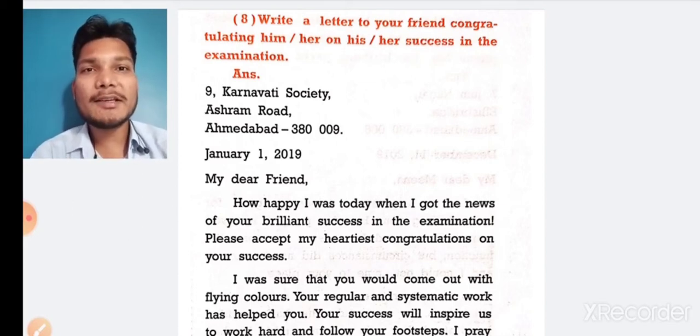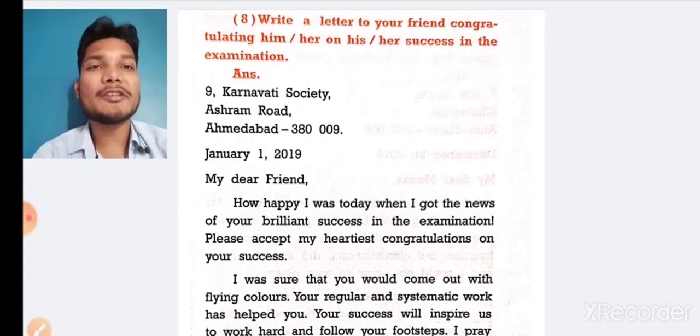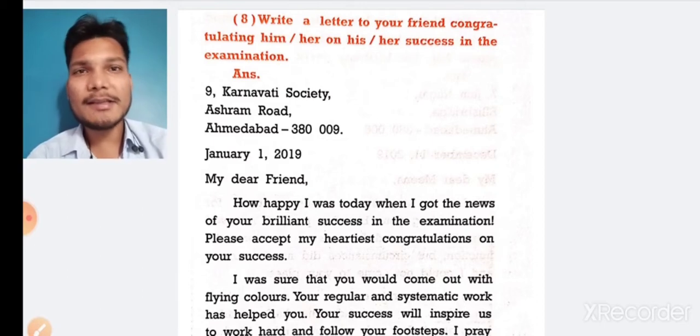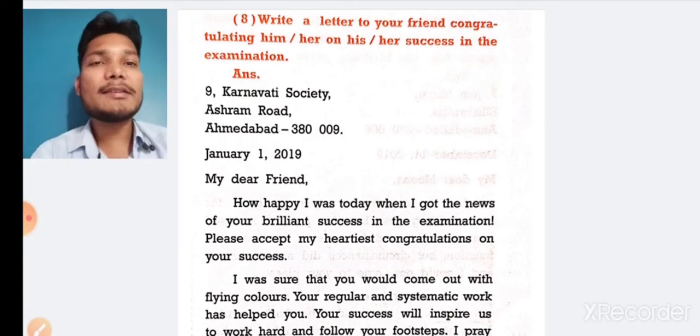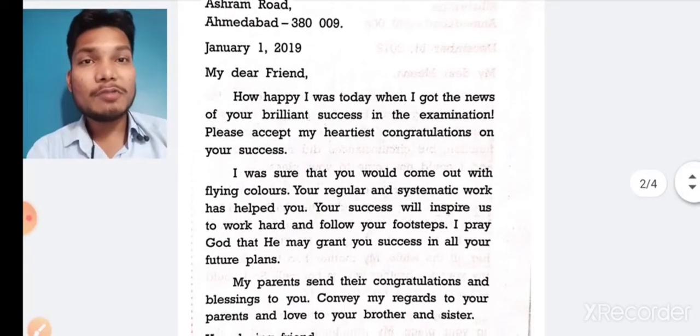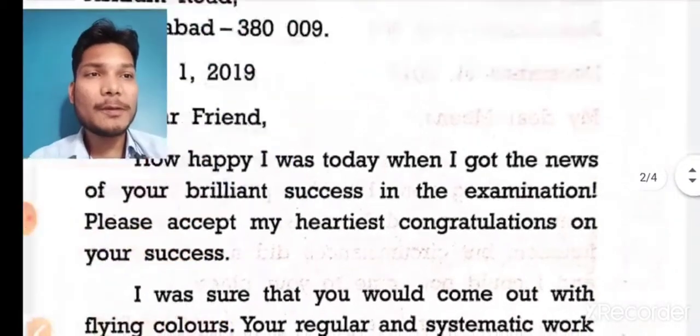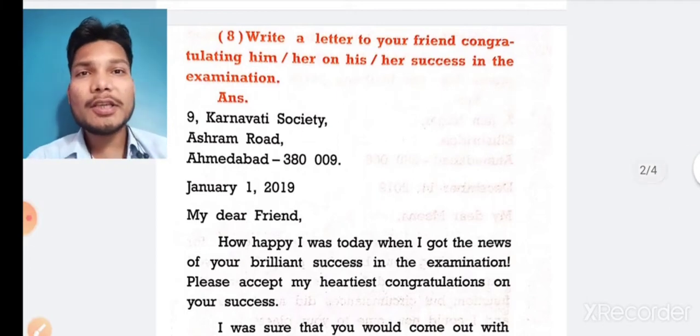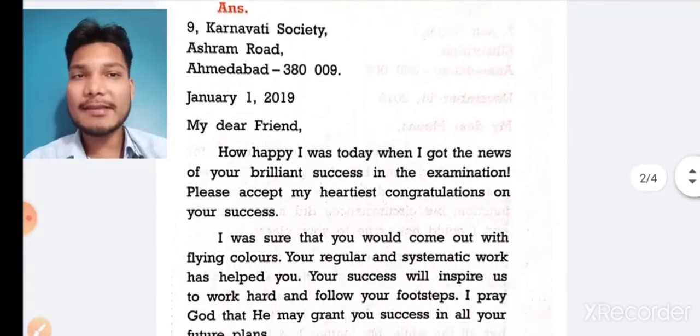So while writing the letter, what is the necessary thing? That is the address of receiver, address of the sender. But here you just have to mention the receiver's address. It means to whom you are writing. So make the address of your choice, okay. That doesn't matter. If address is already given to you, do write that only. Now let us see here, my dear friend, what to write in the letter, and for which purpose we are writing. That is, we are congratulating him for the success in examination.